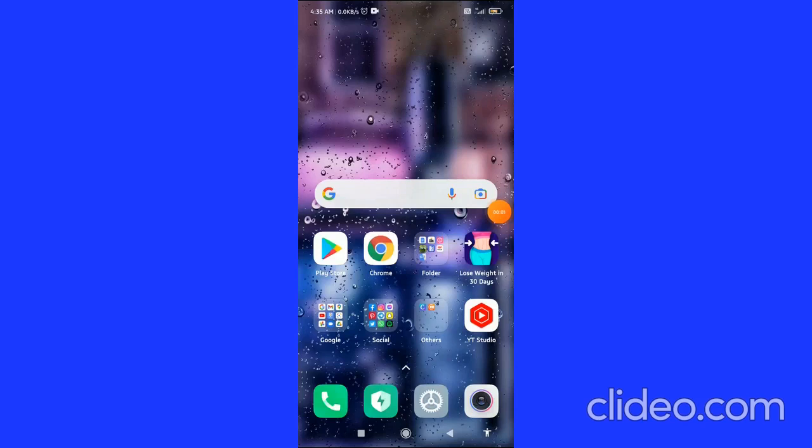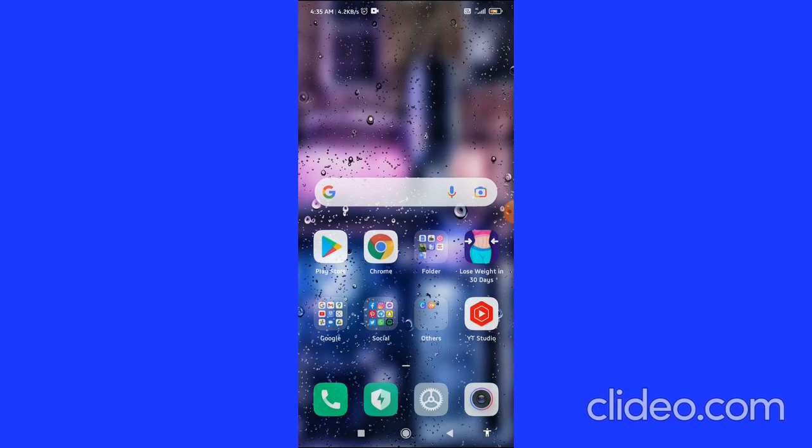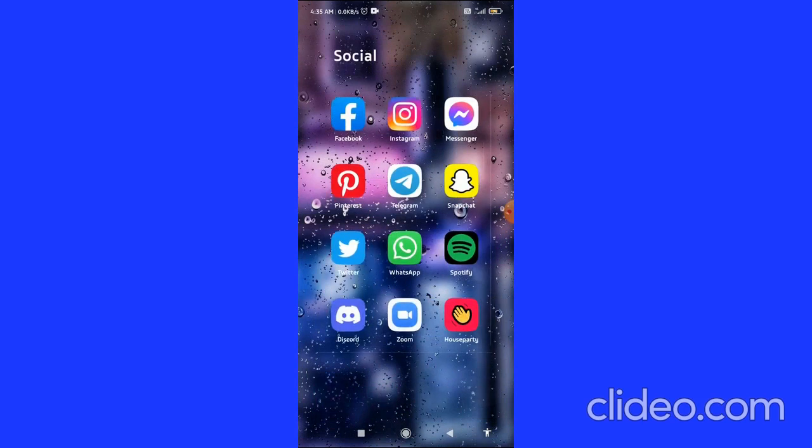How to fix allow access to microphone not found in Android apps. That's what I'm going to show you guys in this quick video. So let's get started right away. Firstly, what you have to do is, if there is any Android app